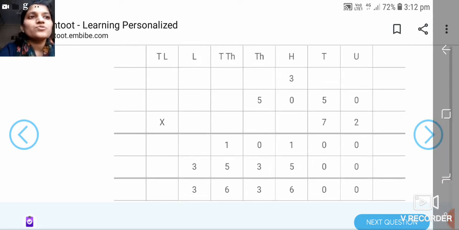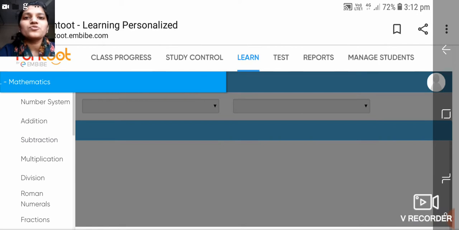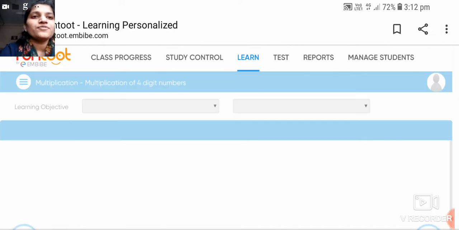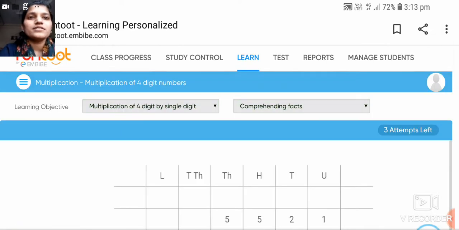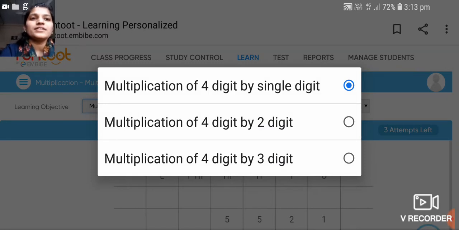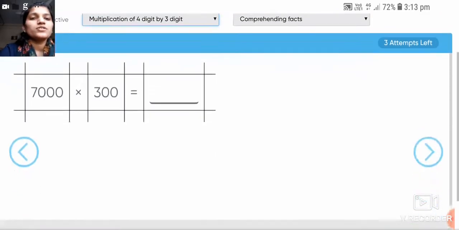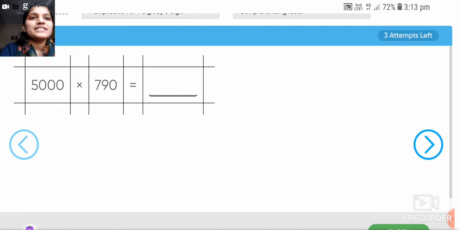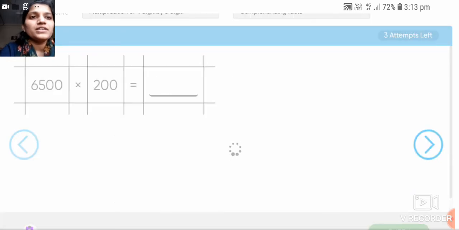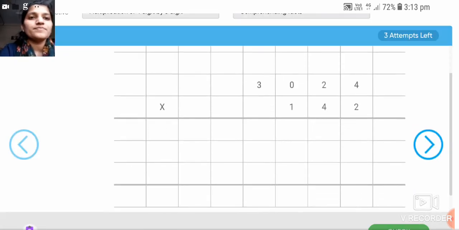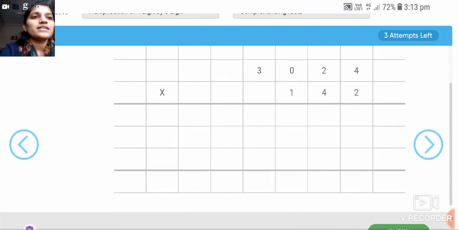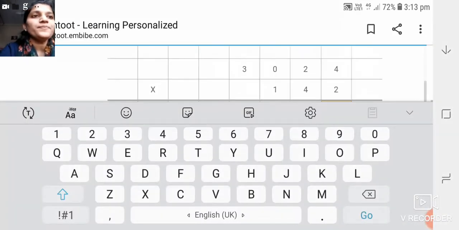Okay, so now students, what we are going to solve is one example from the third learning objective, that is multiplication of 4 digit by 3 digit number. Okay, so this one you can solve in your rough book. Let's take one example which has been arranged in column. Yes, so we are going to solve this example. Please watch it carefully. After this, we are going to solve our My Practice Time 4, which is very easy.